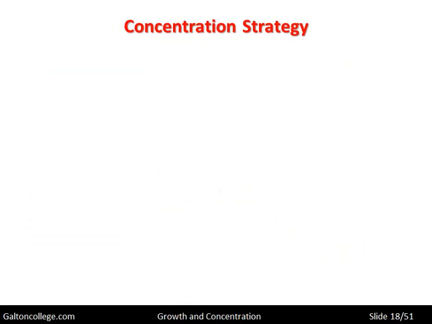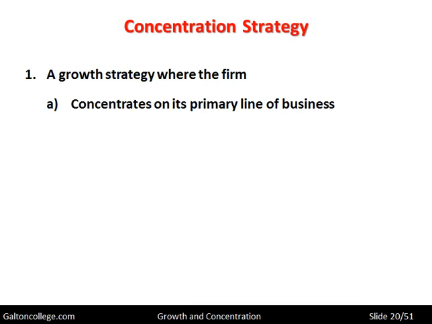So let's talk about concentration strategy. It's a growth strategy where the firm concentrates on its primary line of business. So it's trying to get growth by concentrating on its primary activities. The primary activities being, let's say, making a particular component, making a particular product. That's its primary business. So it tries to concentrate on that and it tries to get growth based on that